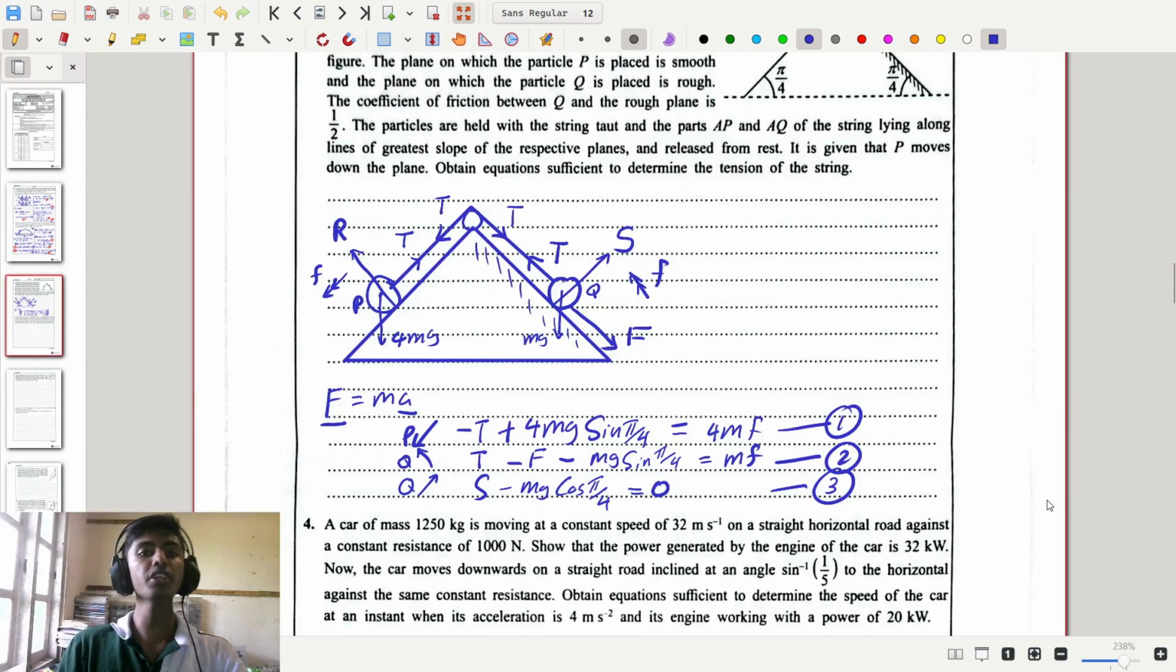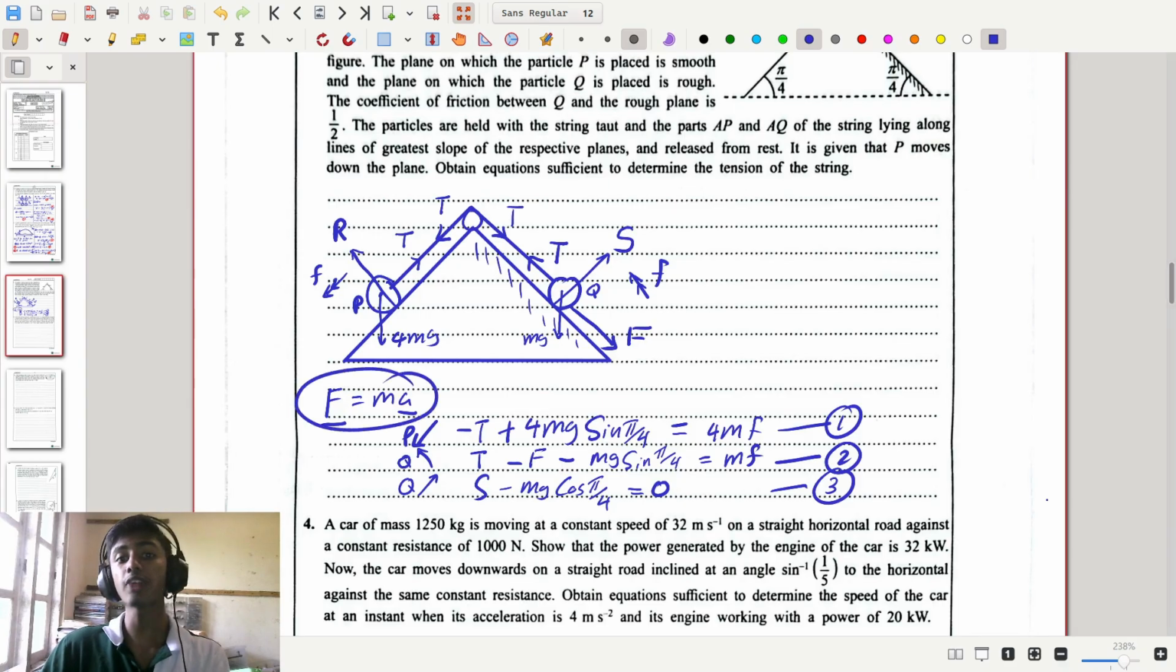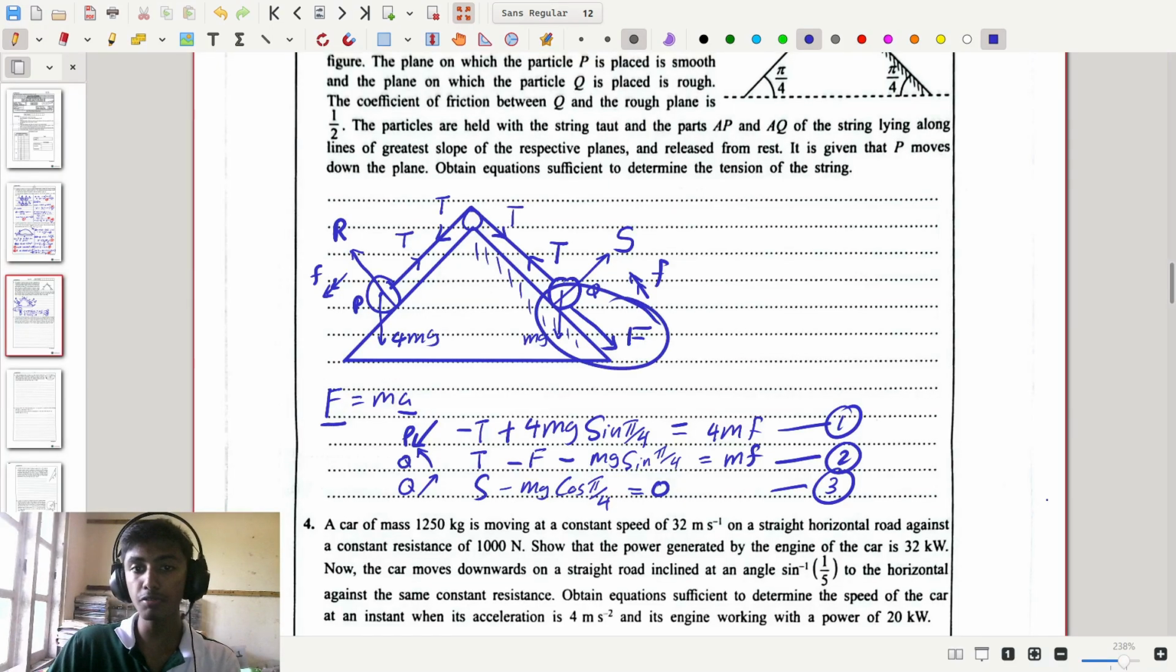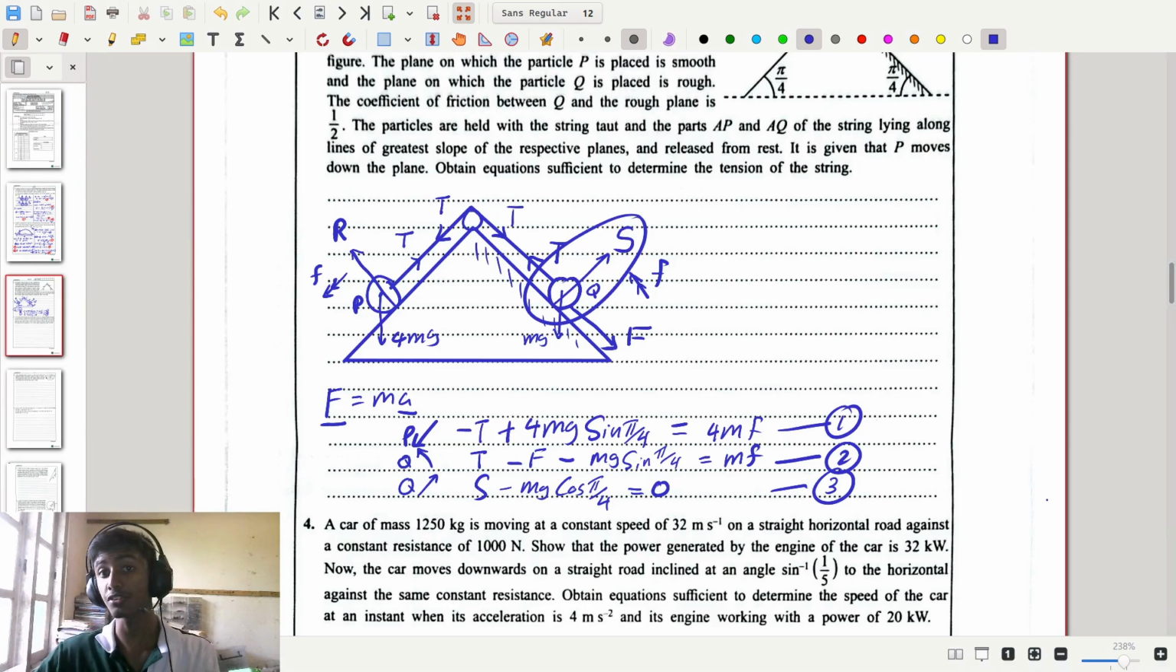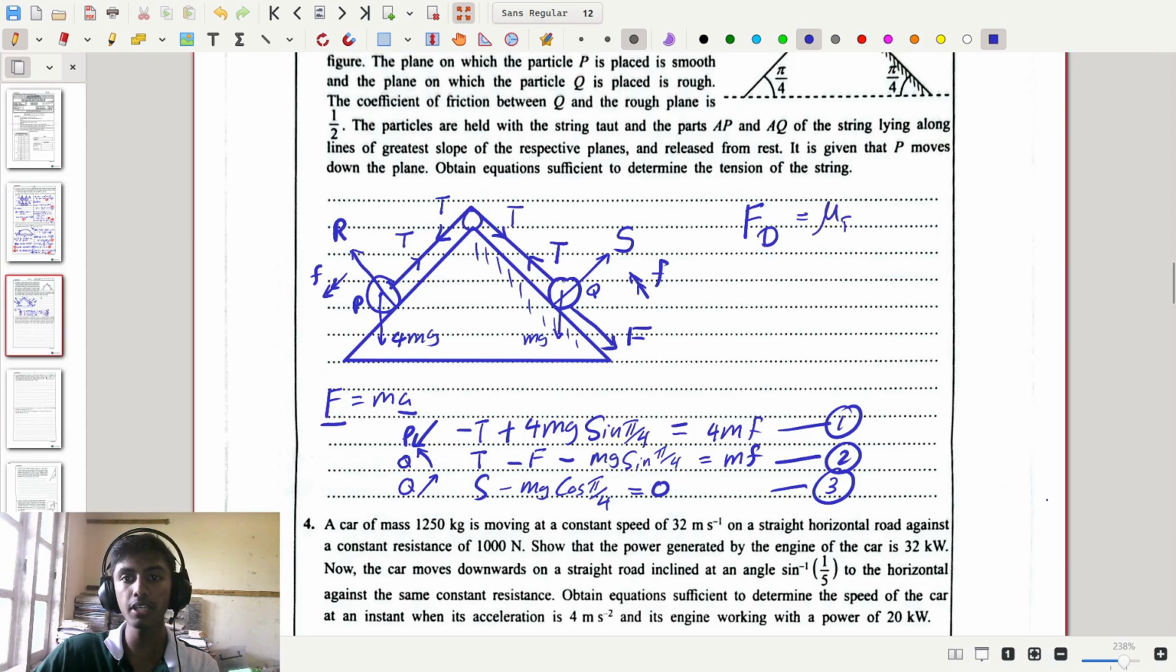Now in addition to these 3 equations, there's one more equation that we need to write down, and that equation does not have to do with F equals ma, but is rather the relationship of this frictional force F and this normal force S. So as we know, since the particle here is moving, what we have is dynamic friction, which means that if we consider the equation, dynamic friction F sub d is equal to mu sub d times